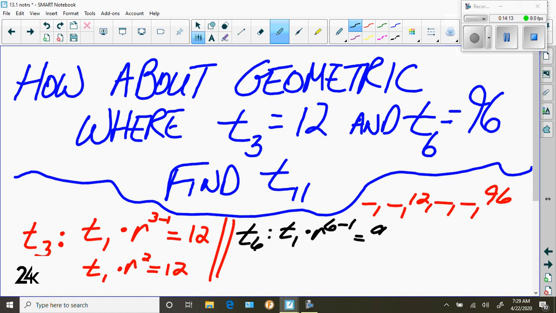That answer is 96. So this would really be first term times r to the fifth equals 96. I can't solve this red equation by itself. I can't solve this black equation by itself, but I sure can definitely